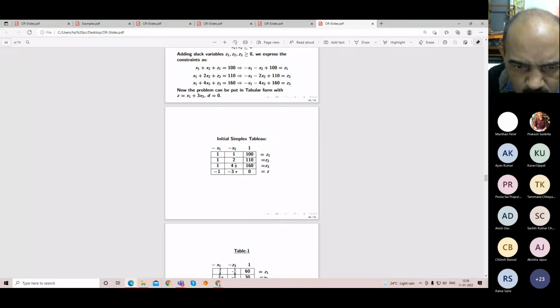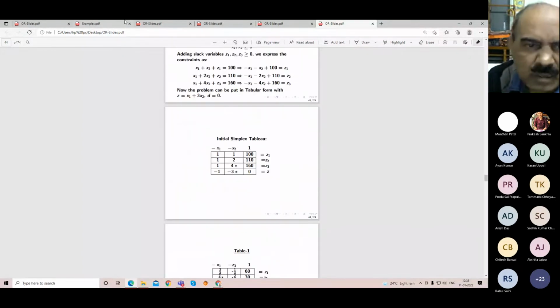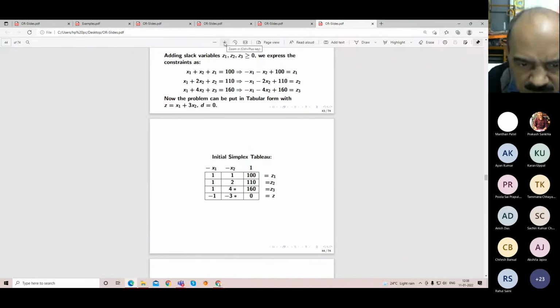Presently the 4 is our pivotal element. Now I'm talking about this corner element. You can see here. If I say 4 is our P, and the 1 in the corner, in the first row, first column, is 1,